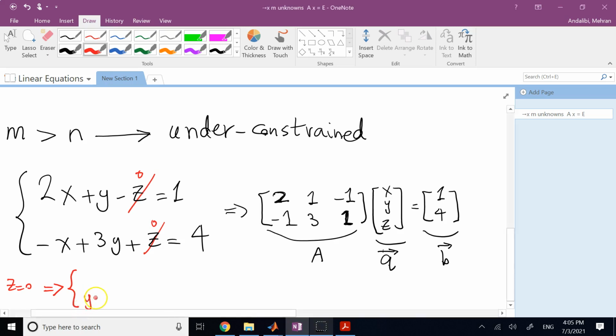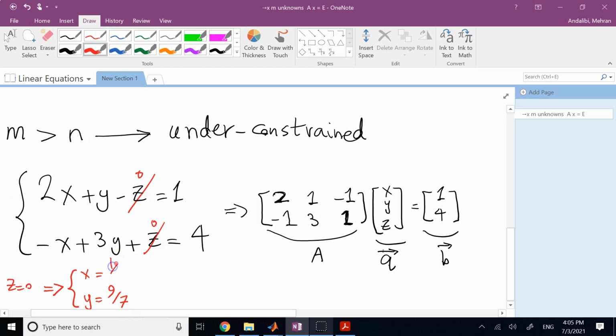So y is going to be 9 over 7. And if I plug it back into any of these equations, x is going to be 3 times y minus 4, so it's going to be 27 minus 28,